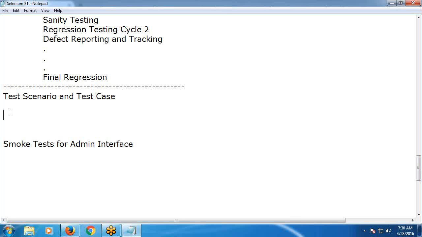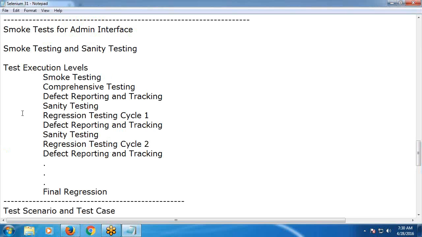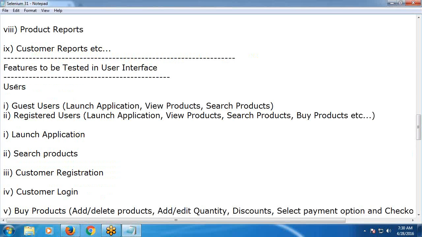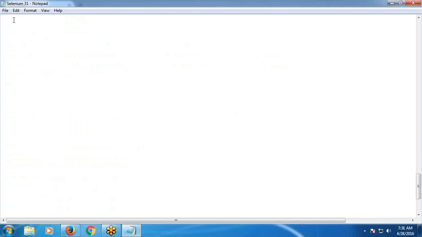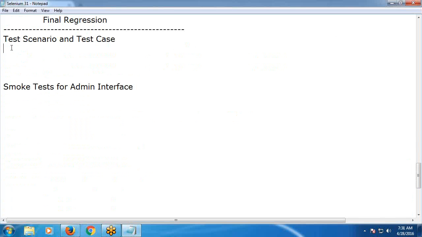Somebody is trying to ask me? Yes, sir. What is the scenario, sir? Is a scenario a requirement or user stories? We derive scenarios from requirements. See, features to be tested is high level terminology used in the test plan. Generally, the sequence is, just a minute, the sequence is